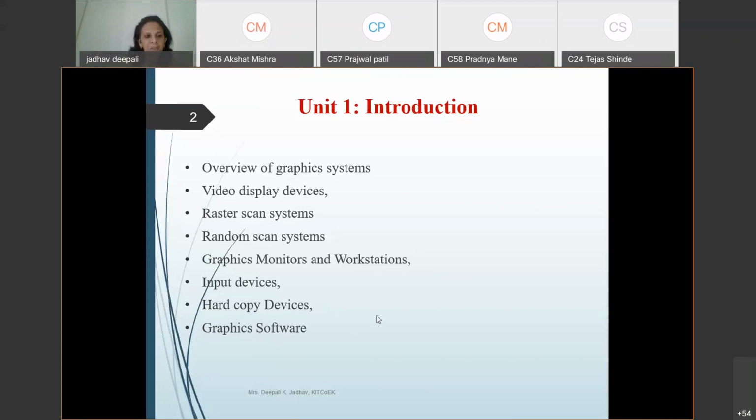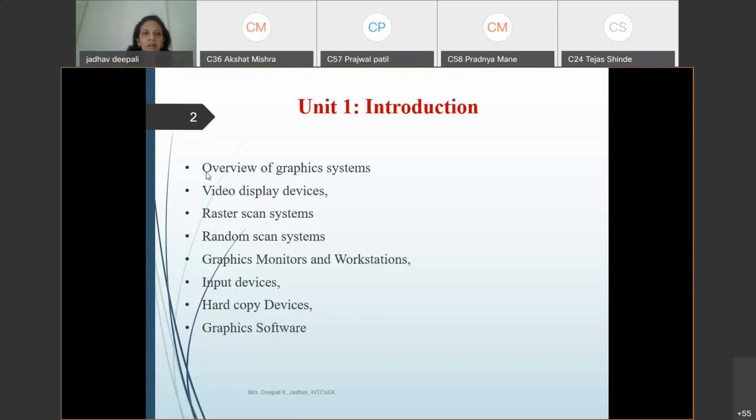In the same way, whenever we want to execute a graphics related program or application, graphics software is required. As I told you, for gaming you require specific configurations on your PC or mobile. What different graphics software there is, we are also going to see. So that is about the first unit.